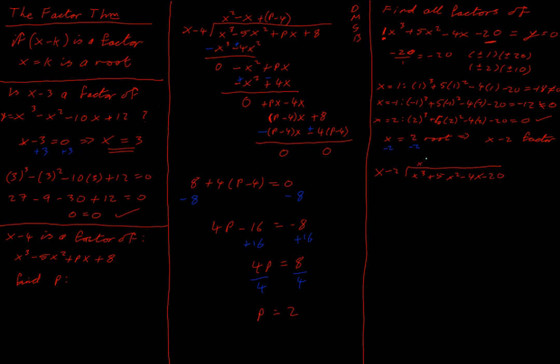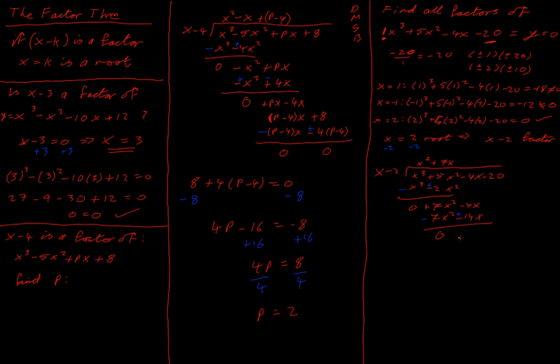So x squared divided in, minus 2x squared, subtract, and we get 7x squared. Bring down, and divide in. We have plus 7x, 7x squared minus 14x, subtract,